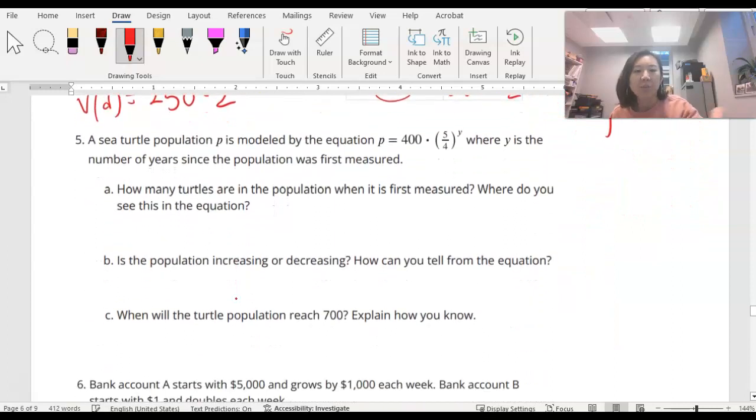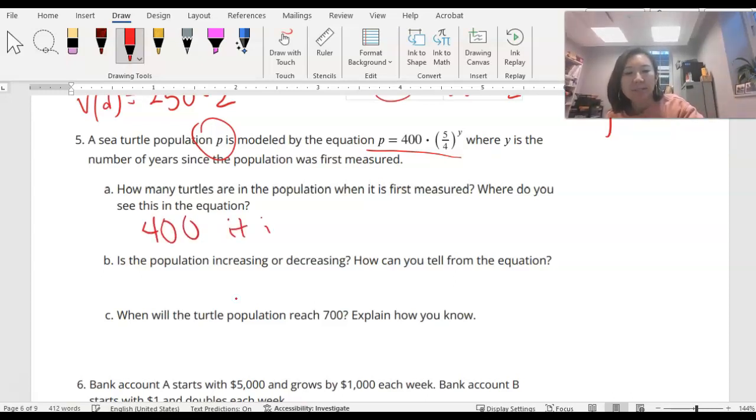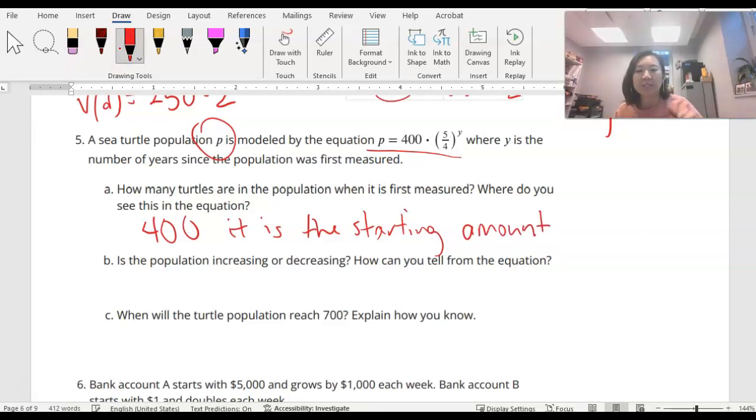Right, a sea turtle population P is modeled by this equation, where Y is the number of years since the population was first measured. How many turtles are in the population when it is first measured? So that is 400. It is the starting amount. And it says, is the population increasing or decreasing? How can you tell? So it is increasing